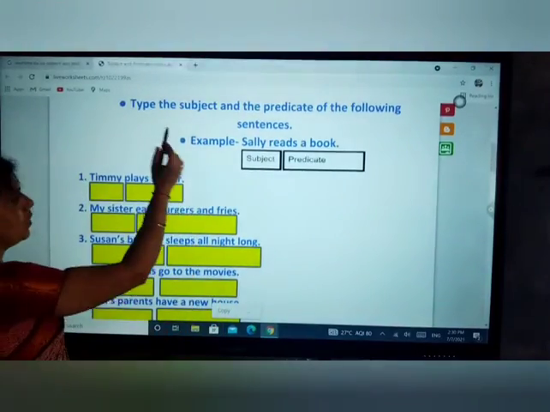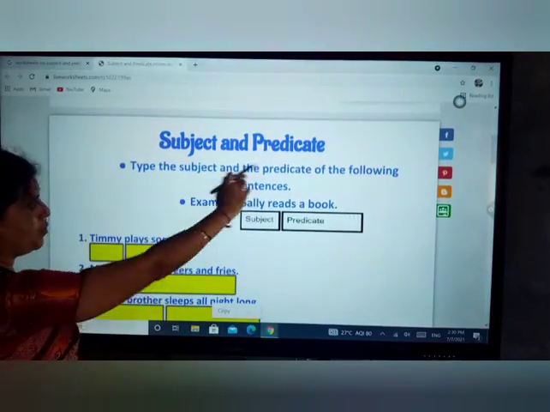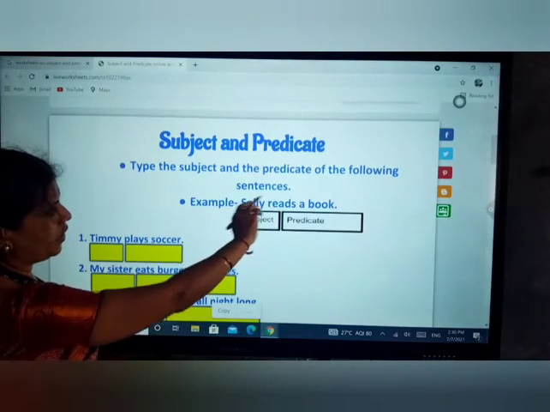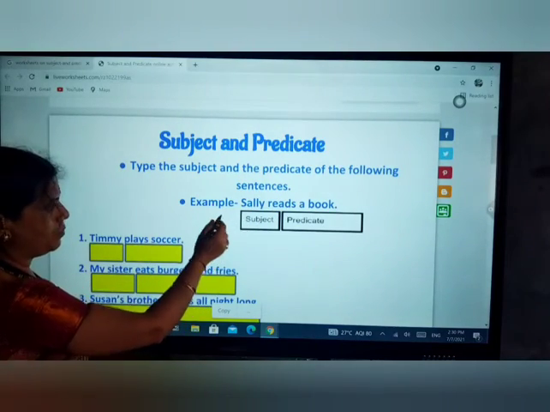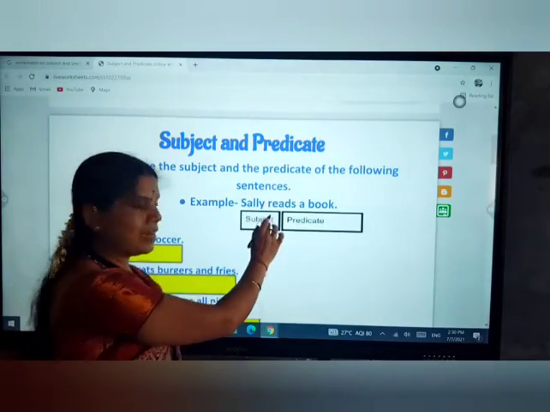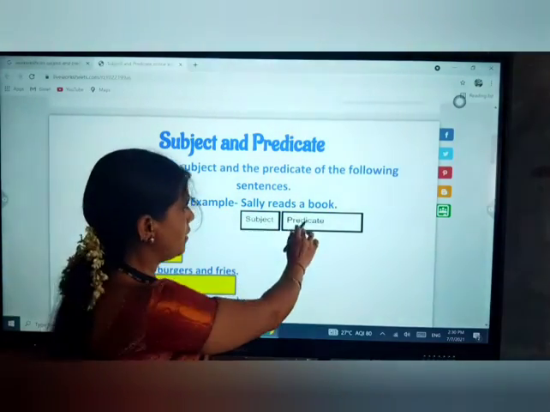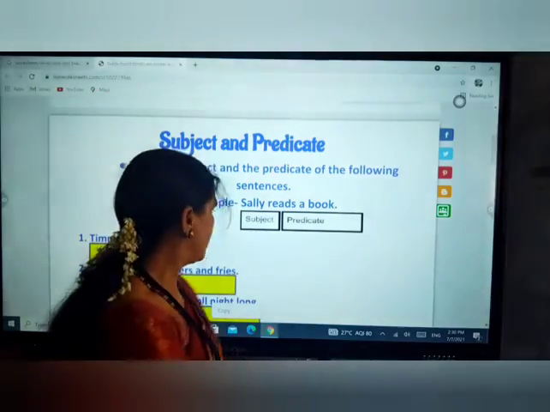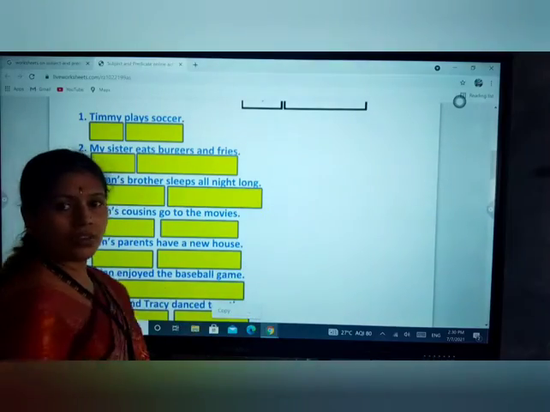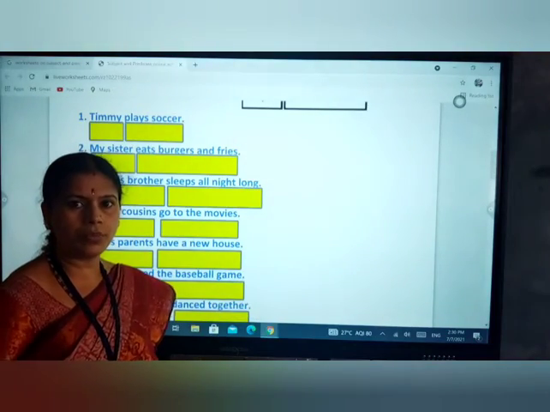Let's move to the first one. Type the subject and the predicate of the following sentence. Example, Sally reads a book. So here Sally is the subject, whereas reads a book is the predicate. Like the same, we will move here. The first sentence I would like to repeat,